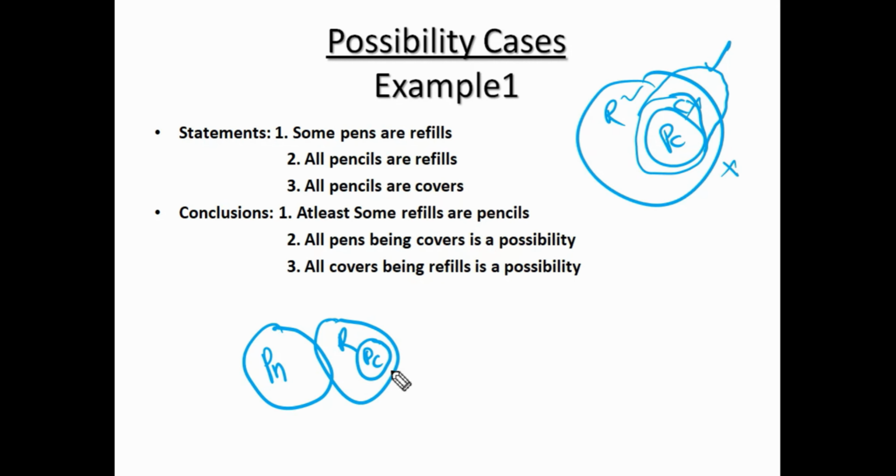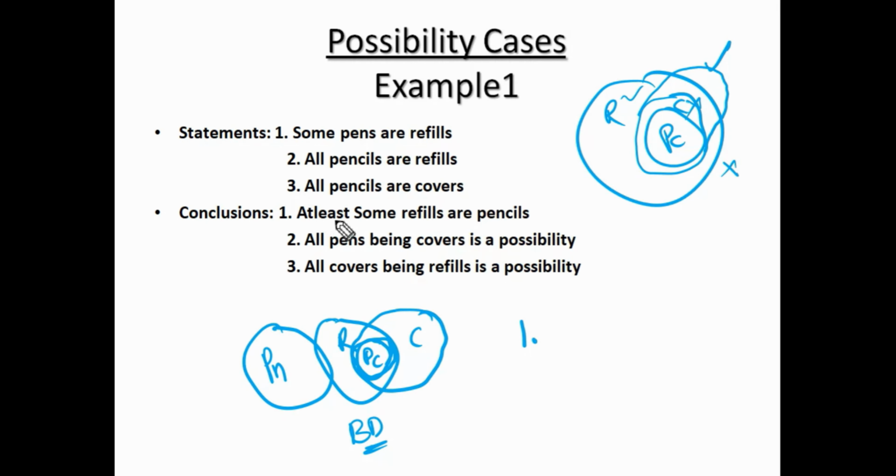See this one. All pencils are refills and all pencils are covers also. This is cover. Actually, there is no direct intersection between R and C, but an intersection will be there compulsorily. That intersection should be through PC only. So this is the basic diagram. Now the conclusions are